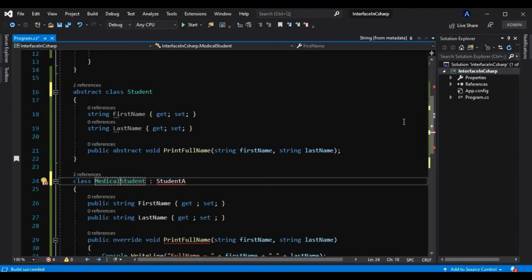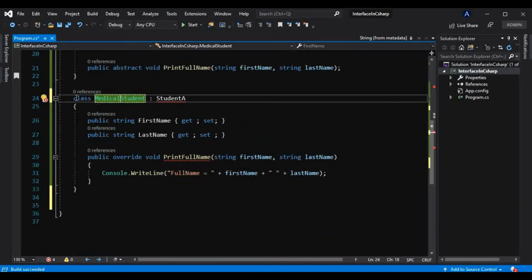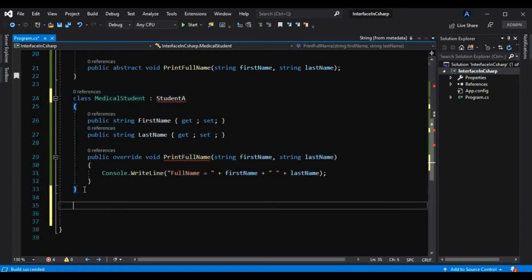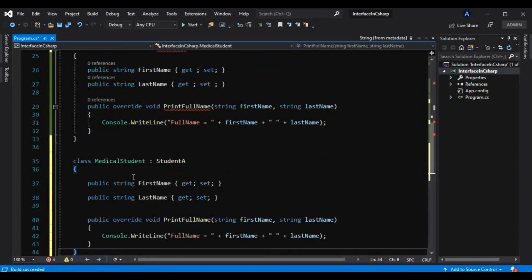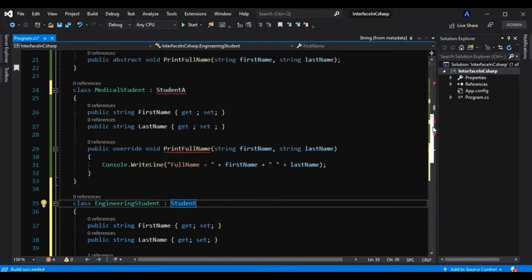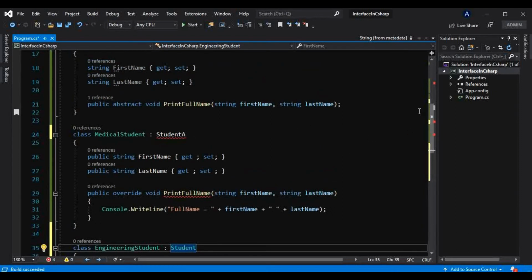Medical student, and let's have another class, and we will name that engineering student like this, and both of these are inheriting from that abstract class.